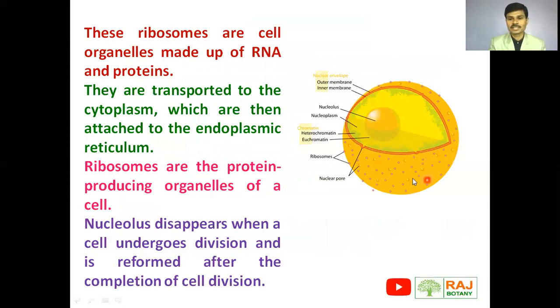Here in this figure we can see this is a nucleus, and inside the nucleus the nucleolus is present, and when this nucleolus synthesizes the rRNA, that rRNA is transferred to the cytoplasm through these nuclear pores. We can say that inside the nucleus two RNAs get synthesized. Through transcription there is a formation of mRNA, and inside the nucleolus there is a formation of rRNA. rRNA and mRNA both actively take part in the protein synthesis process.